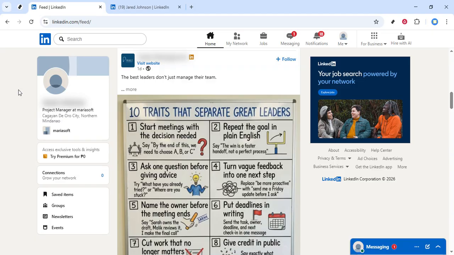Now, take your attention to the top right corner of the page where you'll see your profile icon. Go ahead and click on that. This will open a drop down menu with several options related to your LinkedIn profile and account settings. From the drop down menu, you'll want to select View Profile. This will take you to your personal LinkedIn profile page where you can make adjustments and updates to your information